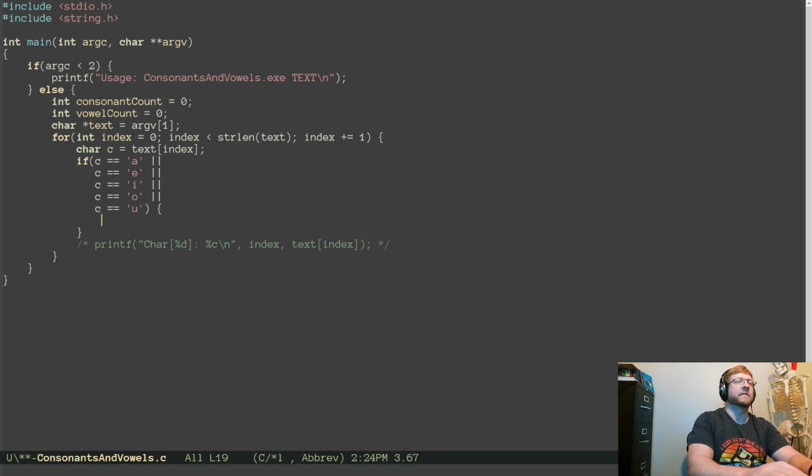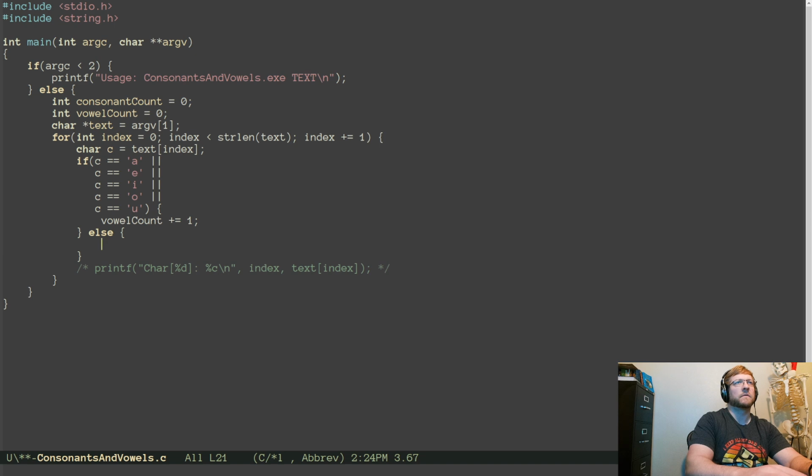Simplify, simplify, simplify. Then the vowel count gets bigger by 1. Otherwise, we have to do something else. We're just going to go ahead and improve our consonant count by 1. And then at the end of that loop, printf